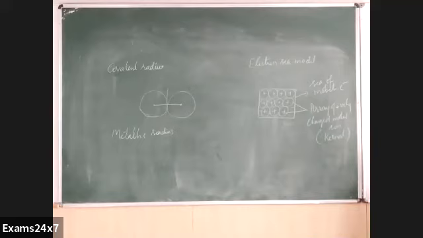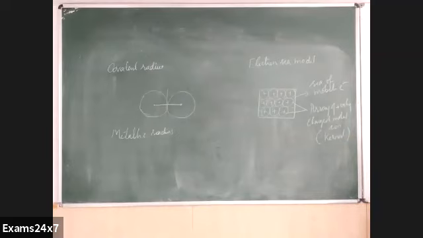Now, what is the metallic bond? Here is the metallic bond. It is the force of attraction between the array of positively charged metal ions and the sea of mobile electrons. It is not the bond between the metal atoms. In fact, in the metal, atoms do not exist at all. It exists in the form of cations, metal cations. Got it? Totally different picture, right? This is in fact the metallic bond. How to define it? Force of attraction or bond between the array of positively charged metal ions and the sea of mobile electrons.